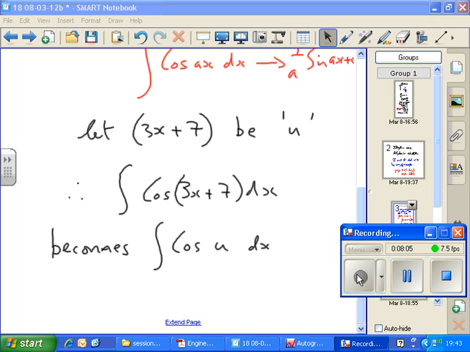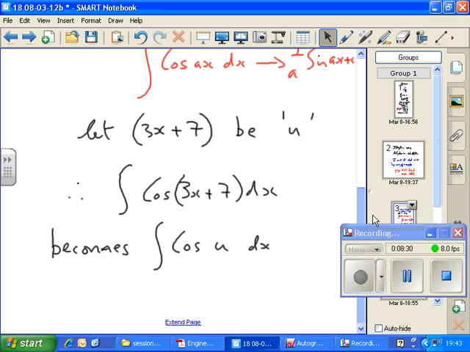The trouble with this is, cos u looks like a standard integral. The integral of cos u is just sine u. But my problem is that the variable is not u, it's dx. I'm trying to integrate cos of u with respect to x. For this to work, this must be du. So what I do is, I go back to,